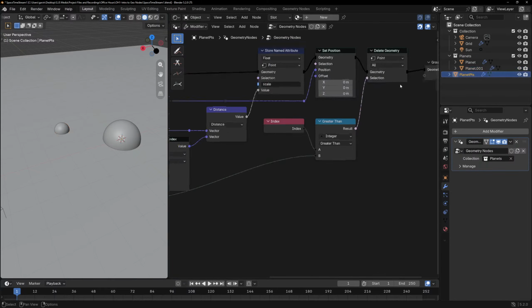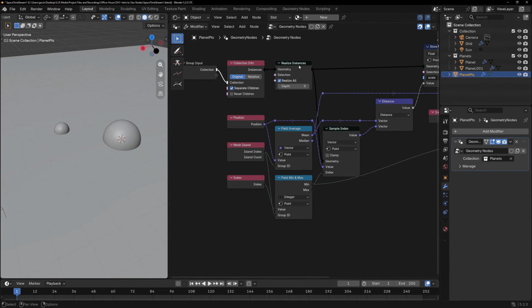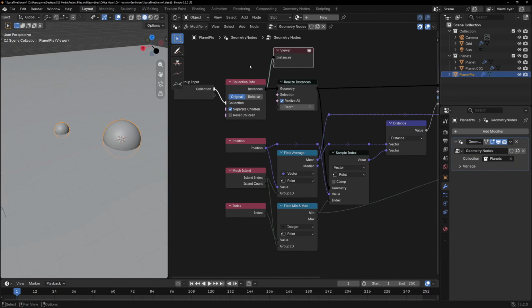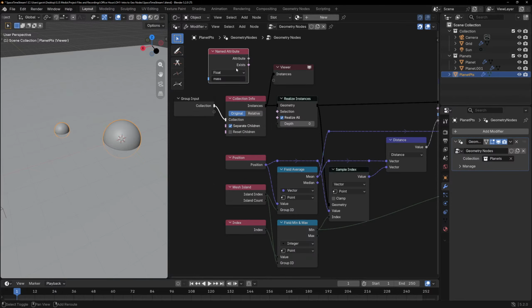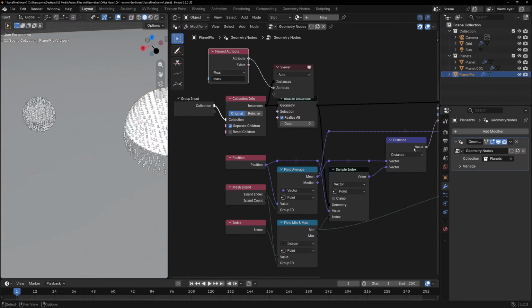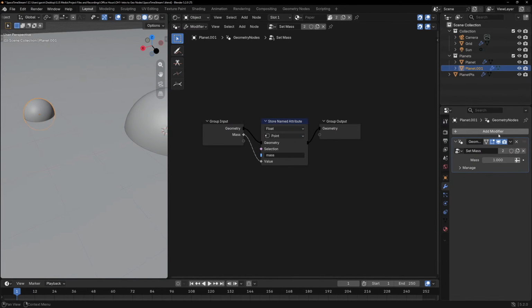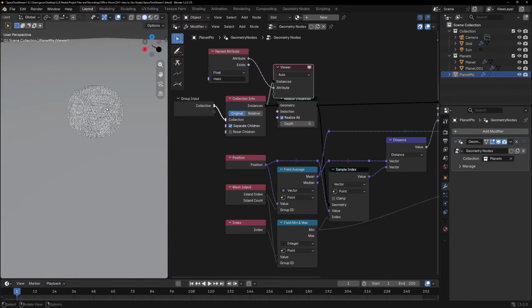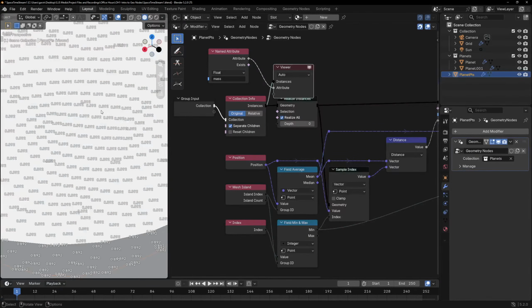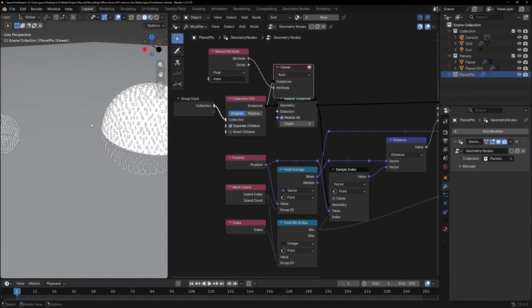Oh, why aren't you working? Because this should... Hold on. For our instances, do we have mass? 1 and 1. Okay, cool. So that's just not 0. If I reduce that on this one, do we see... Yeah, 0.892. Okay, it is working, but we need to carry it over from our instances to our mesh,